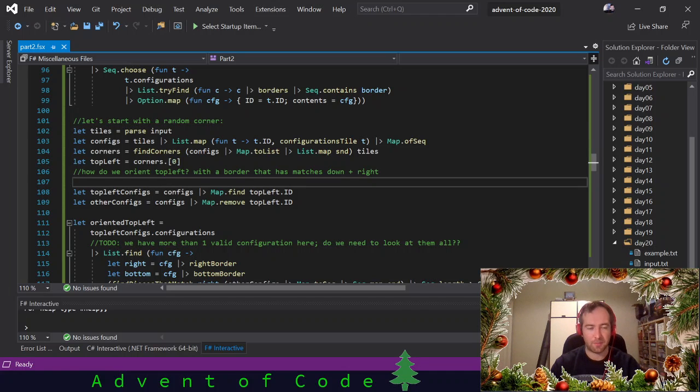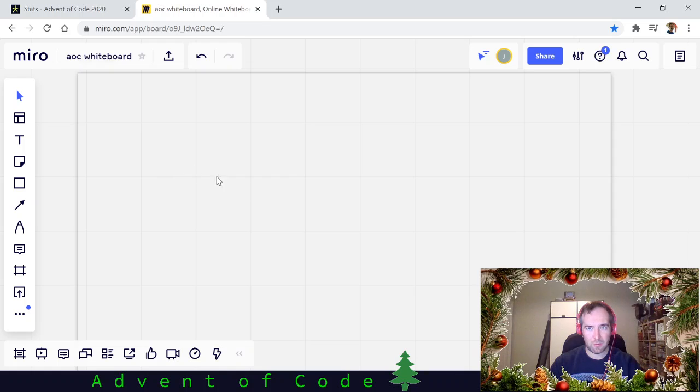So maybe let's go over what we did in part 1, which was find the corner pieces. And we did that by finding pieces that had 2 borders, and just 2 borders, that matched with the borders of another piece. And actually we can use that to solve part 2. So let me draw something here. Say you have the 4 corner pieces. If you just take one and put that in the corner here,